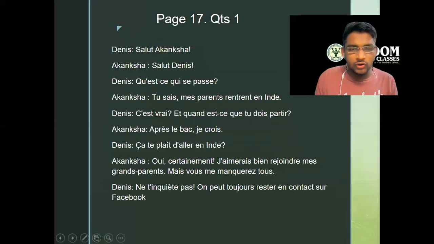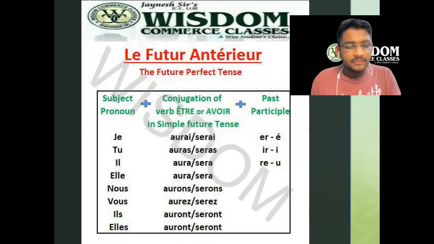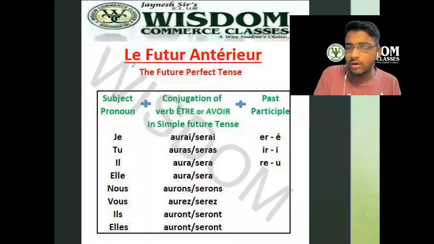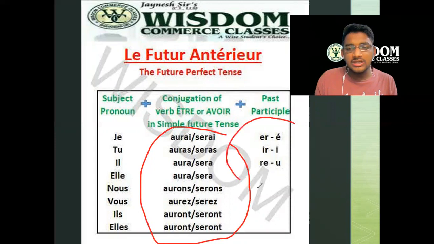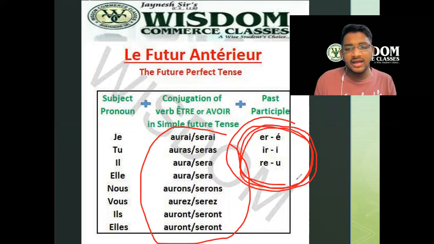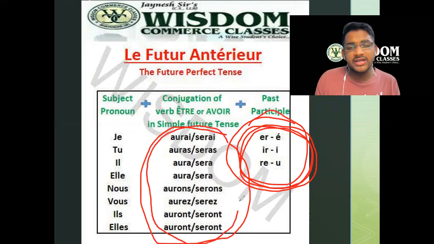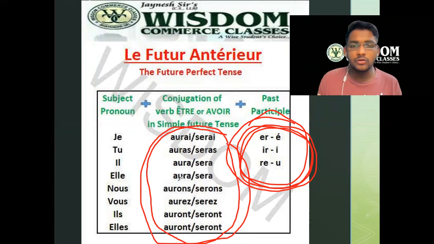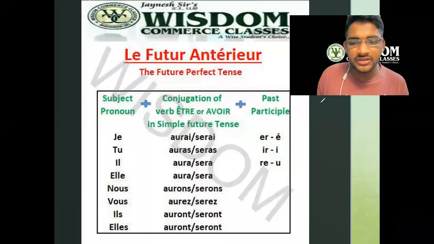चलो, how to conjugate the verb students, I will tell you that thing कि अगर एक वर्ब हमें दिया हुआ है तो उसको कैसे कॉन्जुगेट करेंगे। Future antérieur, you can see on the screen, future antérieur स्टूडेंट्स हैज टू बी subject pronoun plus it is somewhat like passé composé, अगर आपने पासे कंपोज किया होगा स्टूडेंट्स उसमें भी être या avoir दोनों में से एक ऑप्शन होता है। सिमिलरली स्टूडेंट्स यहाँ पे हमारे पास दो ऑप्शन है, या तो फिर être होगा या तो फिर avoir होगा, and plus past participle, past participle हमने किया था ER का é, IR का i, RE का u. खाली फर्क इतना है स्टूडेंट्स, यहाँ पर जो हमारा être या avoir है वो कौन से टेंस में, फ्यूचर टेंस में, future simple tense में। तो हमारा जो être और avoir प्रेजेंट टेंस में नहीं है, it is in the future tense, so subject pronoun plus être और avoir in the future simple tense plus past participle. Now this is the rule for future antérieur, so if you want you can just take a screenshot and copy this down notes very nicely।